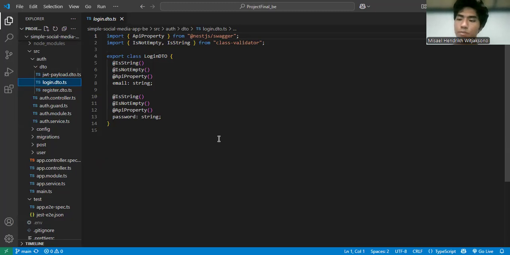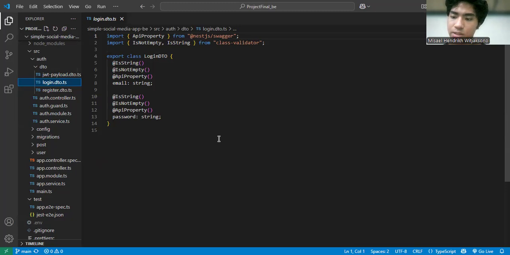Both endpoints use proper error handling, ensuring that appropriate error codes are returned for various edge cases, such as invalid input or user already existing. The API uses JWT for managing user sessions after logging in.